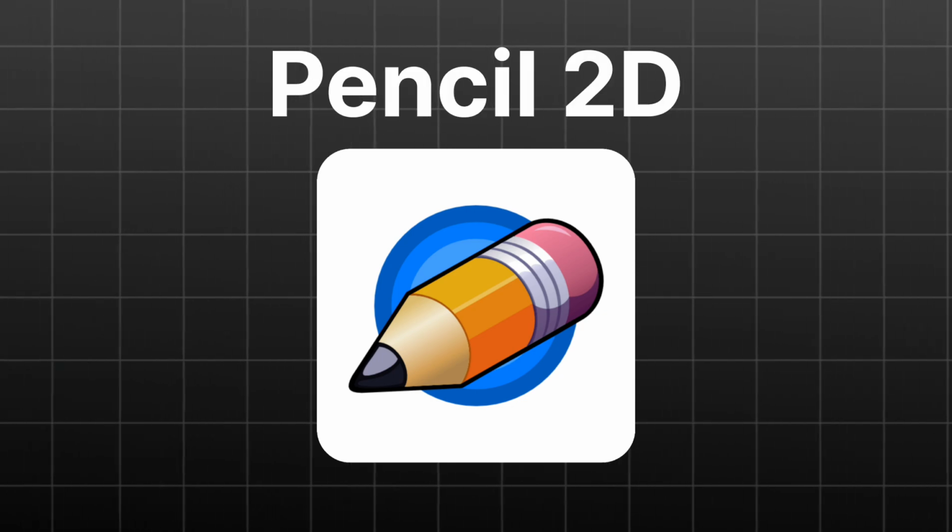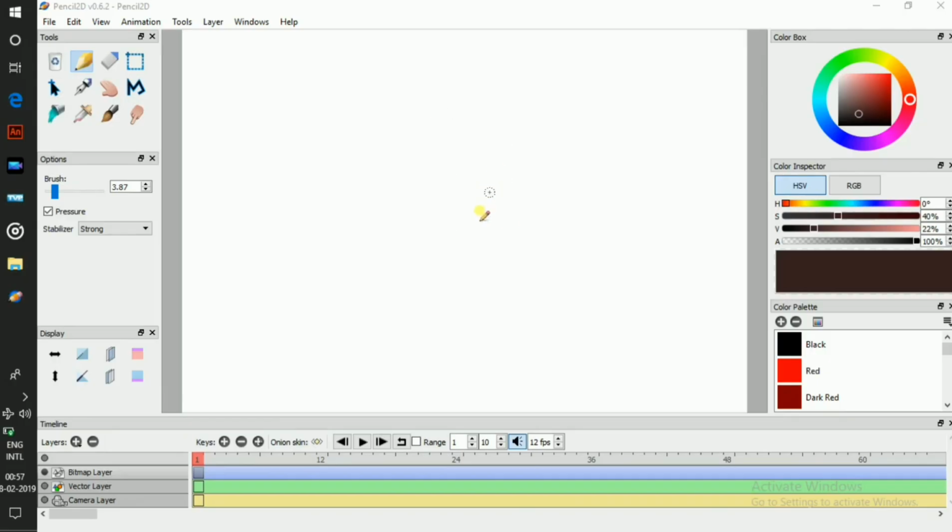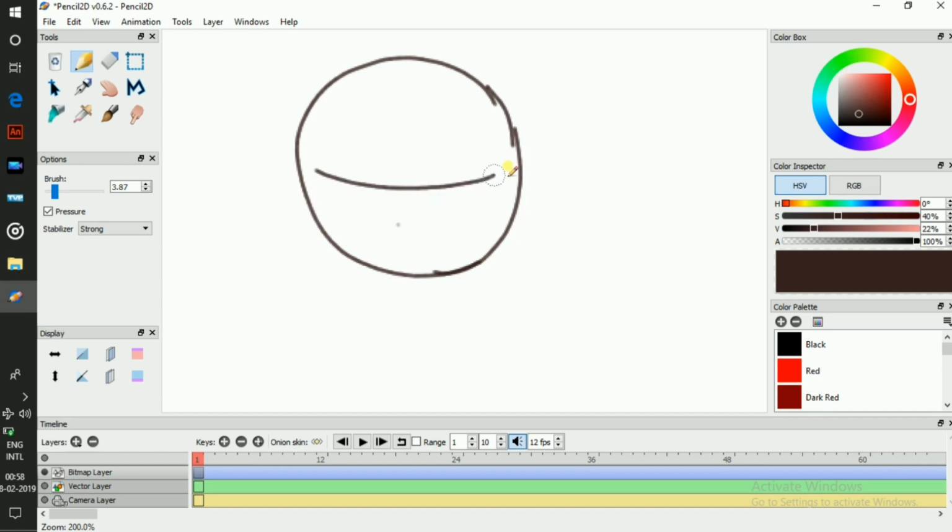Pencil 2D. If you're interested in traditional 2D animation, Pencil 2D is a fantastic option. This lightweight open-source software lets you create hand-drawn animations with ease. Pencil 2D has a simple interface, making it ideal for beginners. You can work with bitmap and vector graphics, giving you flexibility in your designs. This software focuses on the essentials, perfect if you're looking to get started with classic frame-by-frame animation without being overwhelmed